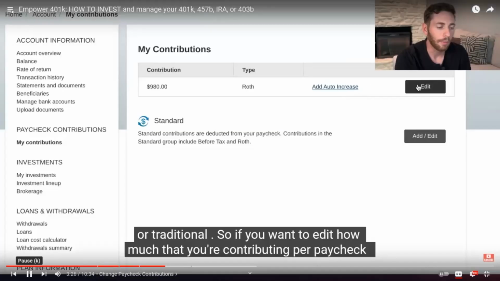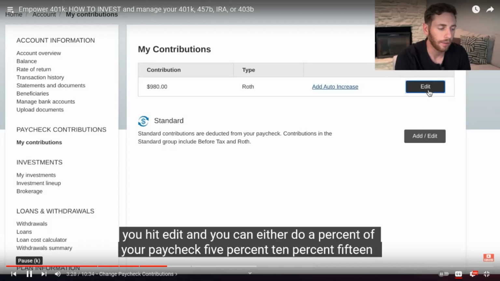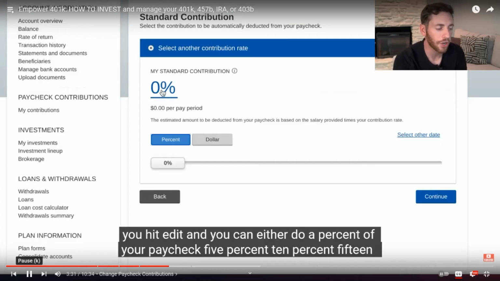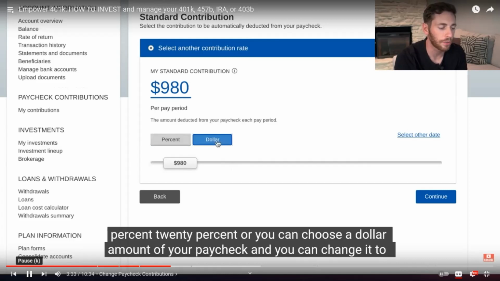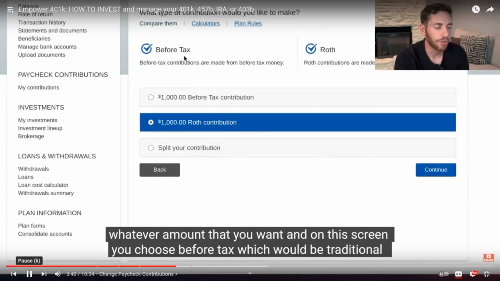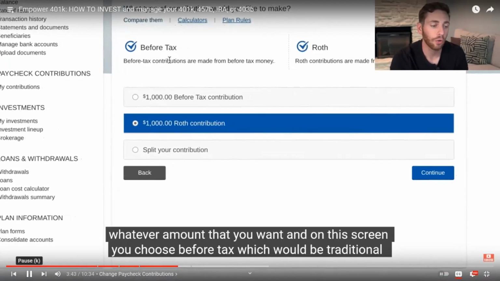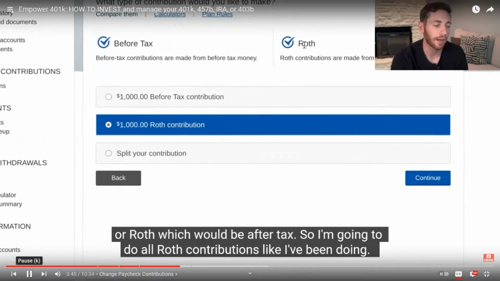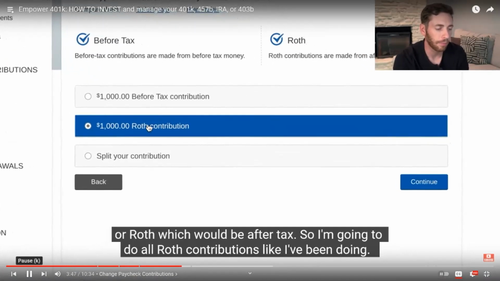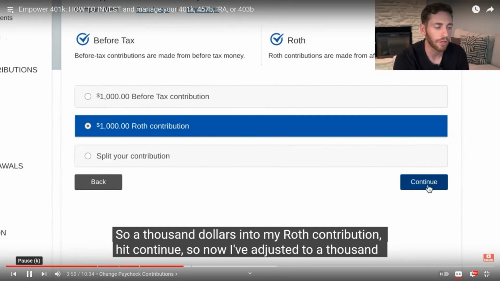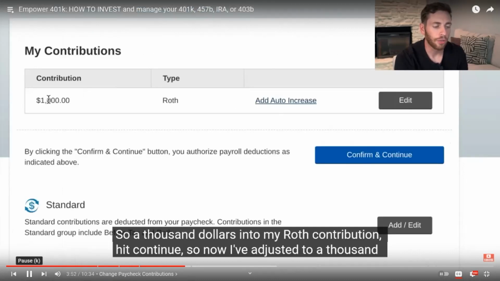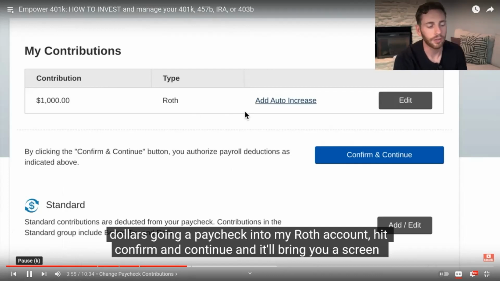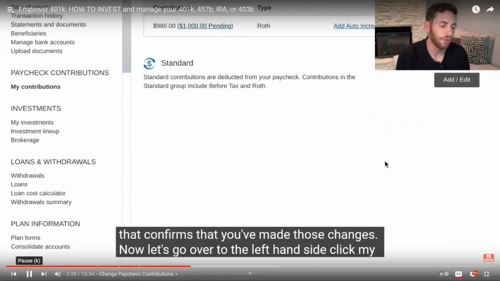So if you want to edit how much you're contributing per paycheck, you hit edit, and you can either do a percent of your paycheck, 5%, 10%, 15%, 20%, or you can choose a dollar amount of your paycheck. And you can change it to whatever amount that you want. And on this screen, you choose before tax, which would be traditional, or Roth, which would be after tax. So I'm going to do all Roth contributions like I've been doing. So $1,000 into my Roth contribution, hit continue. So now I've adjusted to $1,000 going a paycheck into my Roth account, hit confirm and continue. And it'll bring you to a screen that confirms that you've made those changes. Now let's go over